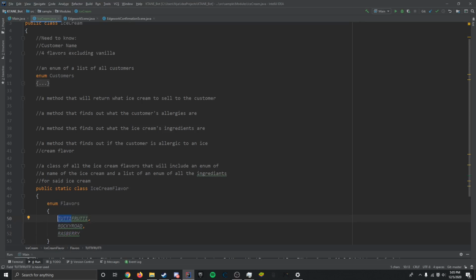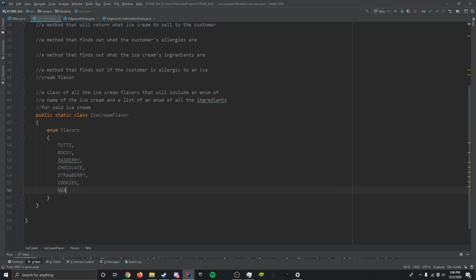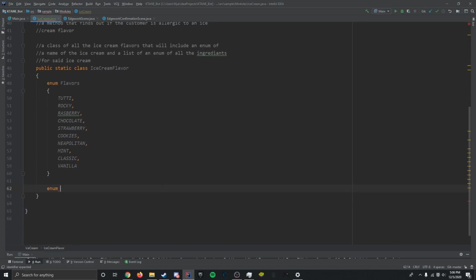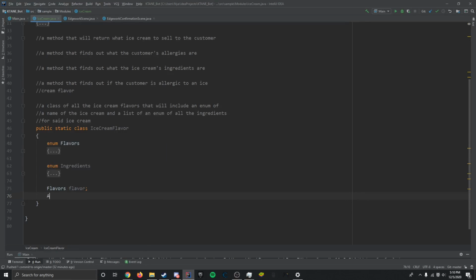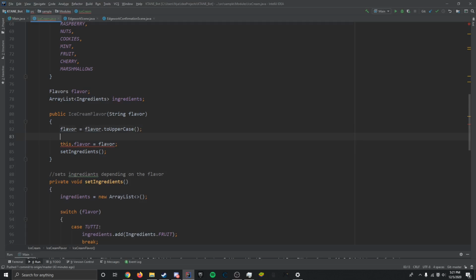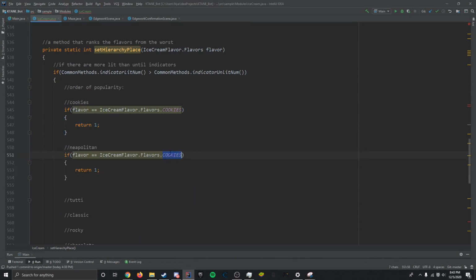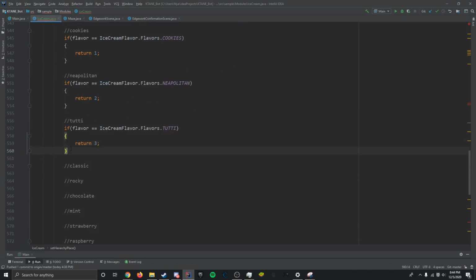fields of data. The first one being an enum that represents the name of the flavor, the second being an array list of the ingredients of said flavor, disregarding the vanilla flavor/ingredient since I figured it would be redundant, and the third field is an int that represents how desired said flavor is. The smaller the number is, the more popular it is. I had to first find which list to use, and then set the int depending on where it was on